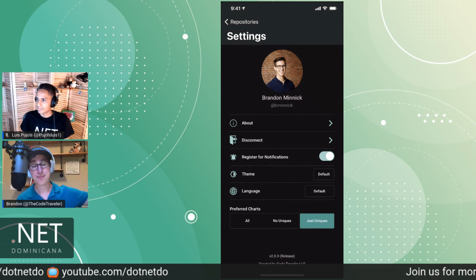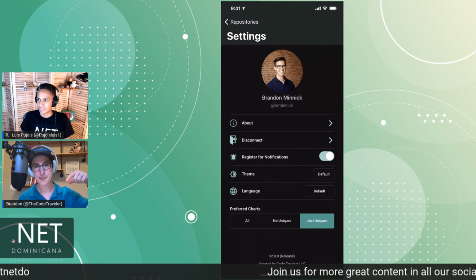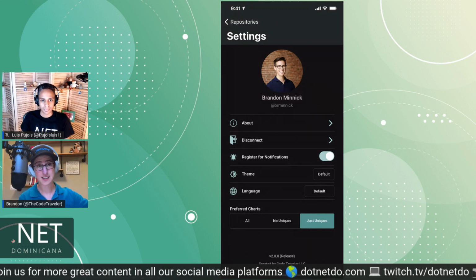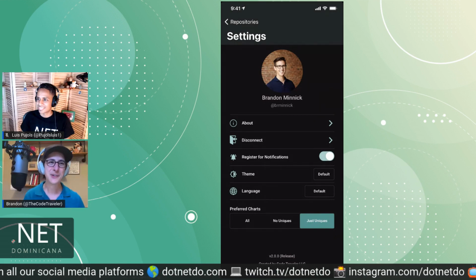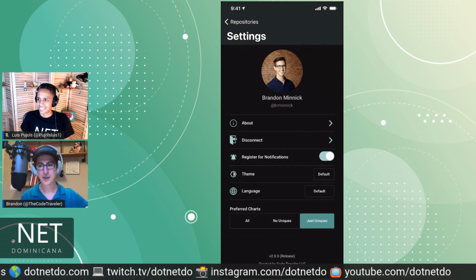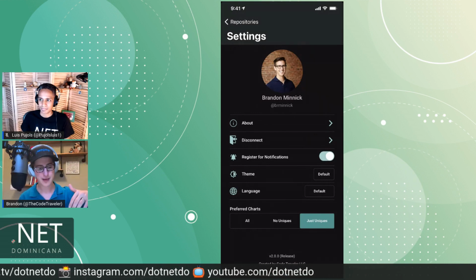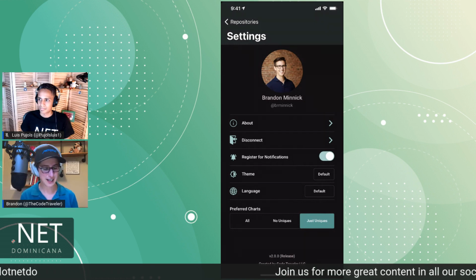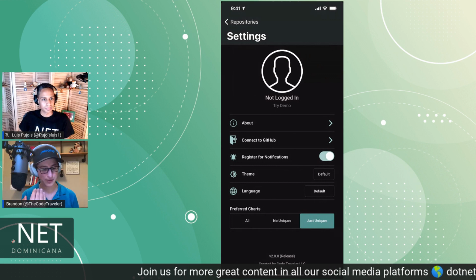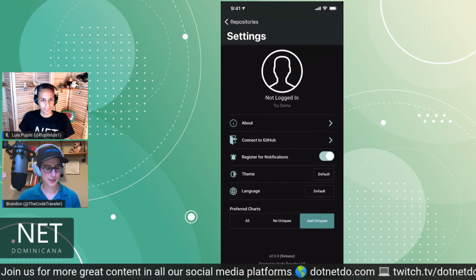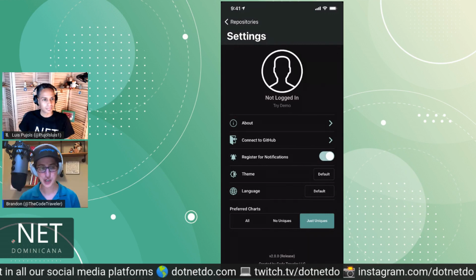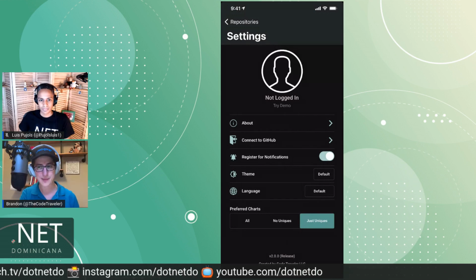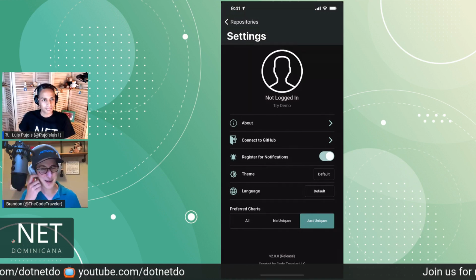And I think, well, my biggest reason for wanting to do that is I hate the fact that about shows up at the top here. And I want that to be at the bottom because, well, users read top to bottom. And so you want to have your most important options at the top. And this app is nothing without connecting to GitHub. So that's why I think like the connect to GitHub button should be at the top. And then, yeah, followed by probably then notifications, theme, language, then preferred charts with its picker instead of the segmented control. And then we can put about all the way at the bottom because in my experience with mobile apps,